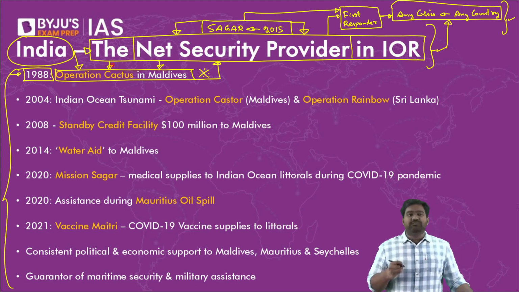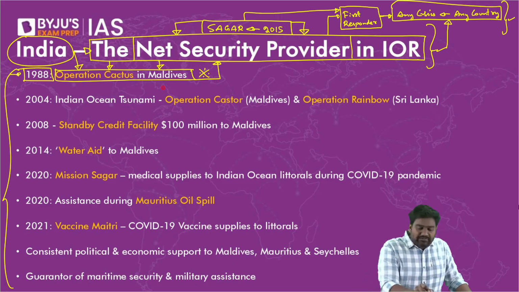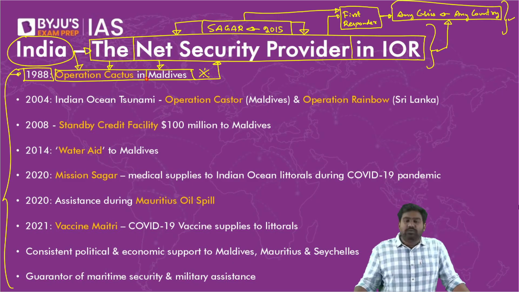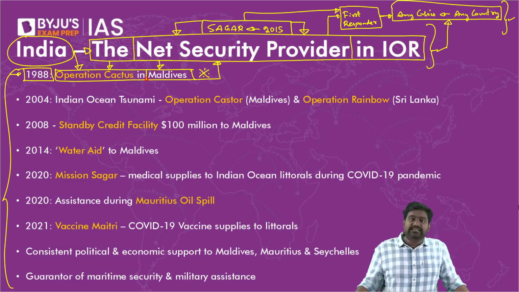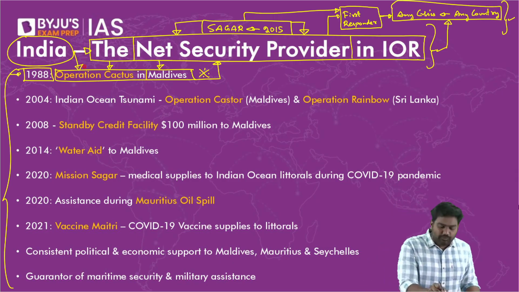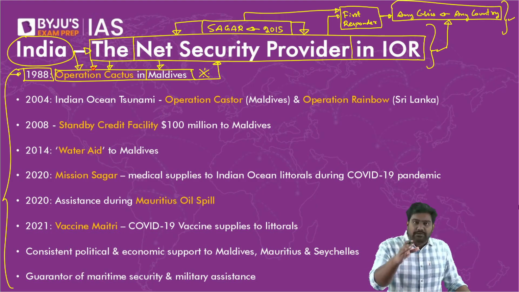It was a tri-service military operation involving the Indian Army, Indian Air Force, and Indian Navy, and we successfully protected the Maldivian government. We threw out these infiltrators, we protected the president and the government and restored normalcy and stability within 48 hours. It was a very successful foreign military intervention by Indian forces, which firmly established India's hard power and military influence in the region.